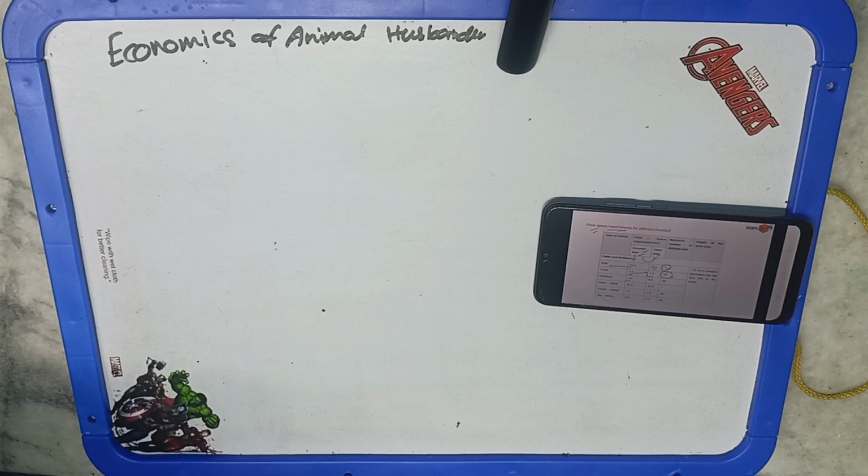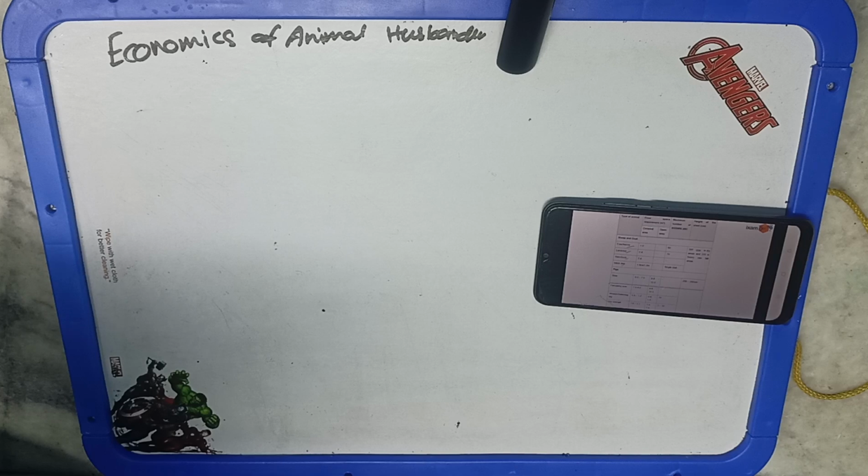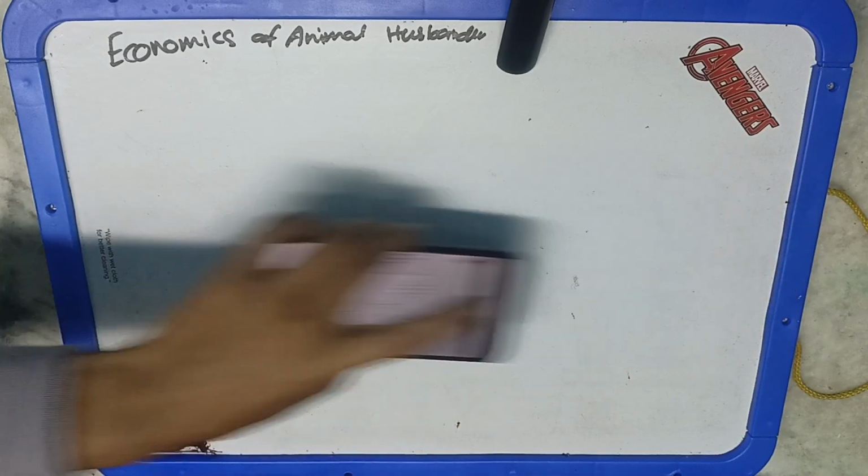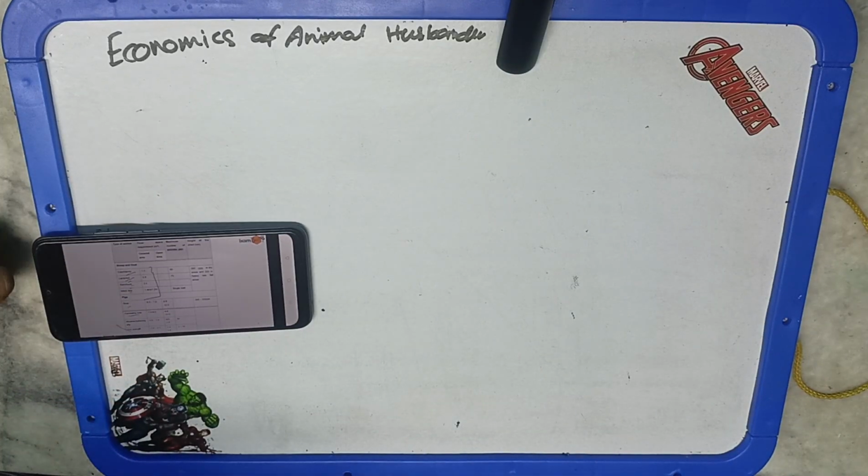Similarly for buffalo, for the covered area it is 4, and simply double of it for the open area. Down calf, young calf, and old calf are quite similar for open area and covered area as well. Okay. Similarly for ewe, lamb, kid, ram, milch doe, the covered areas generally vary, but the main thing you have to understand is that for sheep and goat, or for pigs, it generally varies with the age of the sheep and goat, or we can say the pig also. These are the various stages. Similarly for the pig also, boar and farrowing. Farrowing is the act of parturition in pigs. So this area accordingly varies.